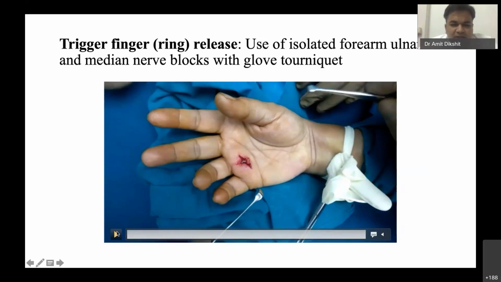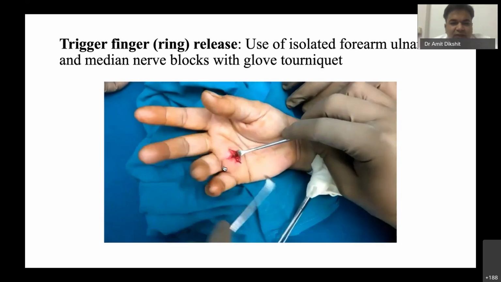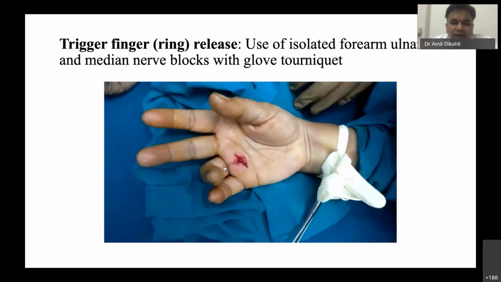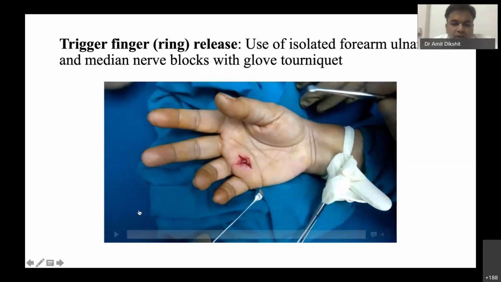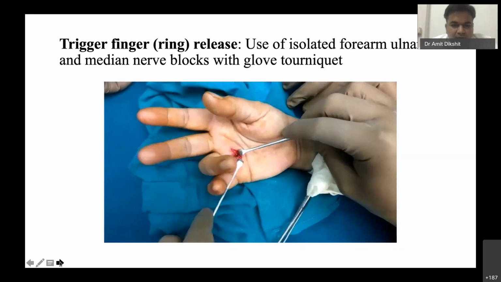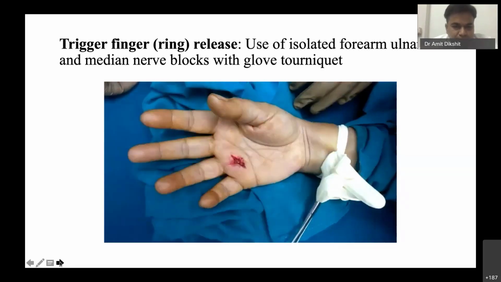So this type of tendon fixation and physiotherapy, and the degree of trigger finger release, can be very well assessed with this isolated nerve block. And as we have used ropivacaine, it has produced good post-operative analgesia as well. So it can be used even for site-specific surgical anesthesia.